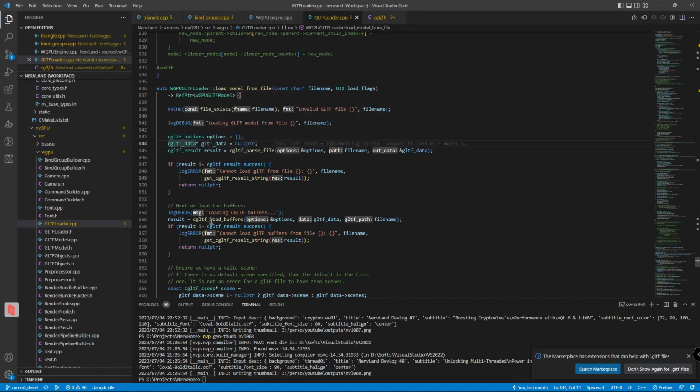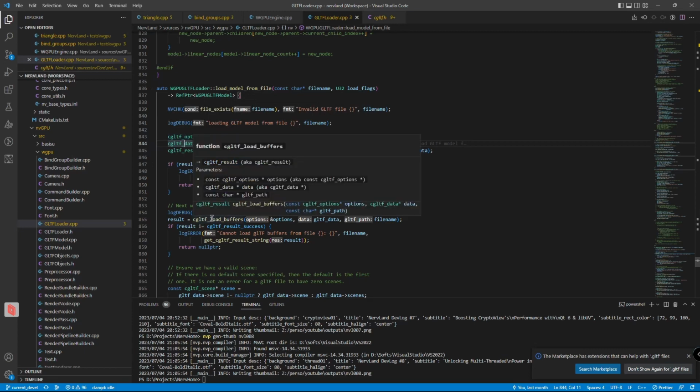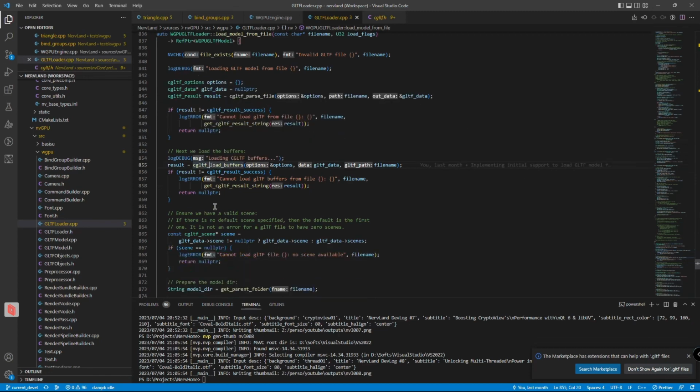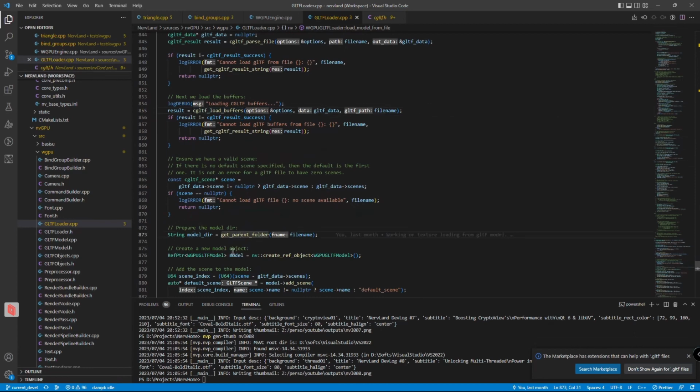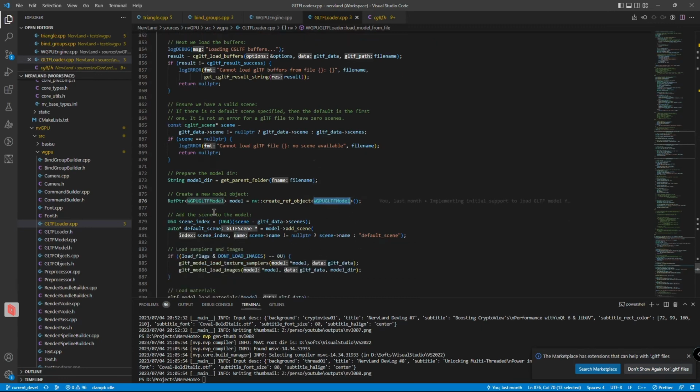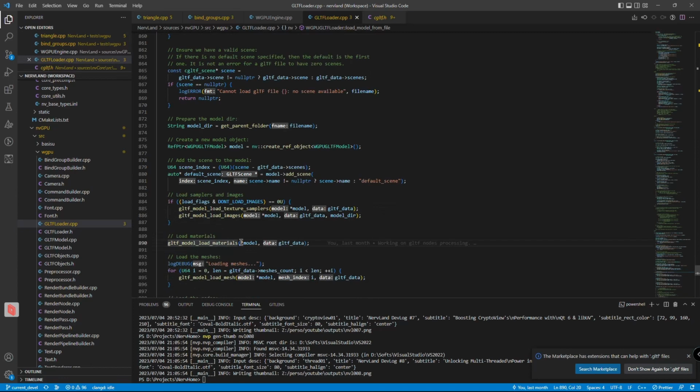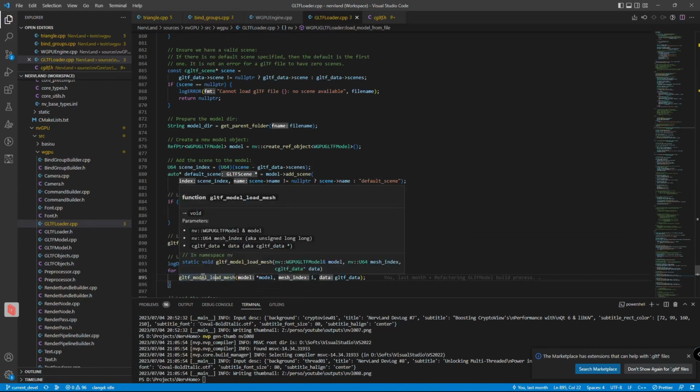So yeah, I'm not going to go into too much detail on that. I just try. So you start with loading the buffers in memory, then you find, yeah, that's my own representation of what a glTF model is going to be. So we start with adding some scene. We may load texture samplers and even load images this way, then load material. I don't think this one is implemented yet. It's to be done. Loading the meshes themselves, this one is implemented and pretty complex in the end, but it's